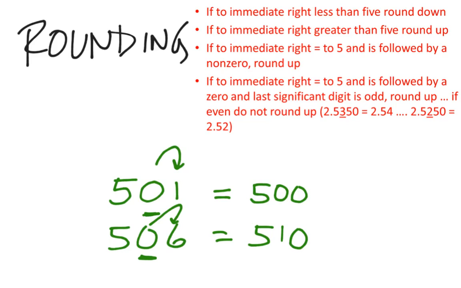Now where things start to differ is when we move away from less than and greater than, but we go to the exact equal. So for example, if the number to the immediate right is equal to 5 and is followed by any non-zero, we're going to round it up. So the instance I might give you there would be